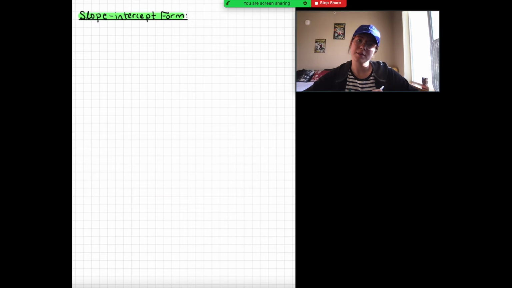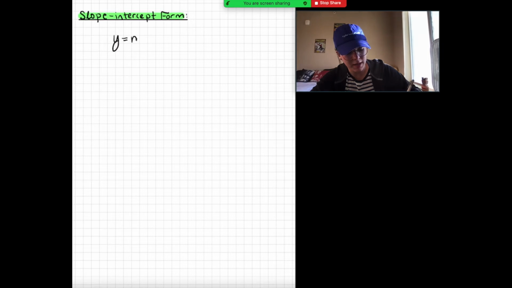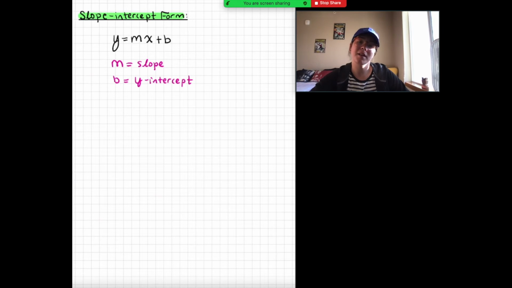So let's talk about slope-intercept form. So slope-intercept form is in the form y equals mx plus b. And what this does is it gives us an equation of a line that tells us m, our slope, and b, our y-intercept. So again, m stands for our slope, and b stands for our y-intercept. And that's why we call it slope-intercept form, because our m is our slope, our b is our intercept. And our y and x we just leave as y and x